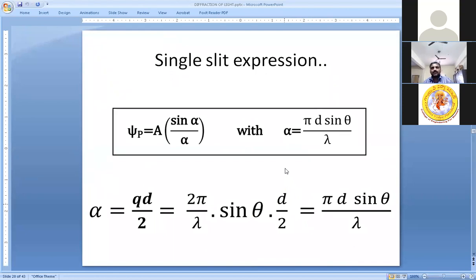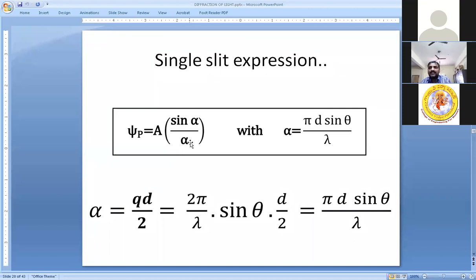Fine. Now, our interest is not amplitude, our interest is intensity. Let me give you a simple example. Our slapping example. I like it very much. Suppose if a person slaps you, you will not say that that person slapped me with this many newtons of force, right? Whether it is a soft slap or hard slap, that's what you can say. But you cannot say that I got 10 Newton force, I got 4.5 Newton force. You cannot say that. Just like that, amplitude is not a physically observable quantity. Means if someone slaps you, you can feel the pain, but you cannot feel the force. You always feel it in terms of pain.